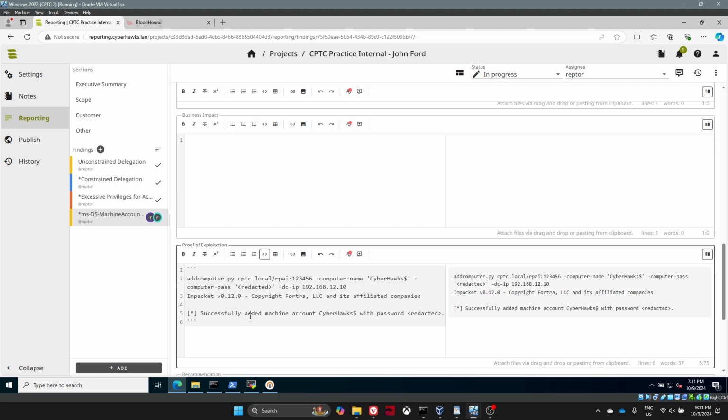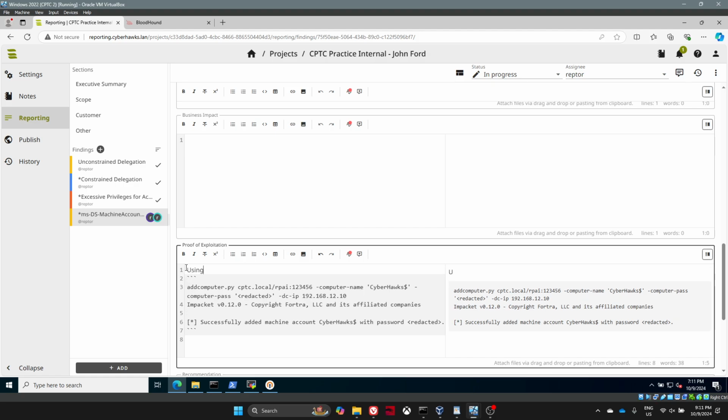The other thing is the client may not necessarily know what IMPACT is. So in my description, I will say using IMPACT addcomputer.py, Cyberhawks validated